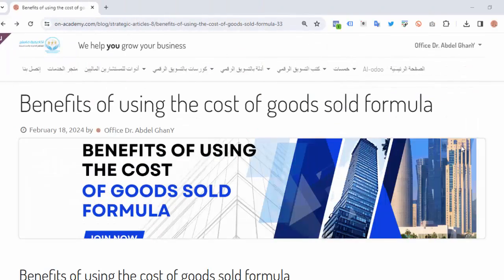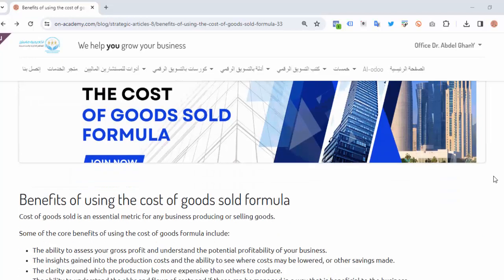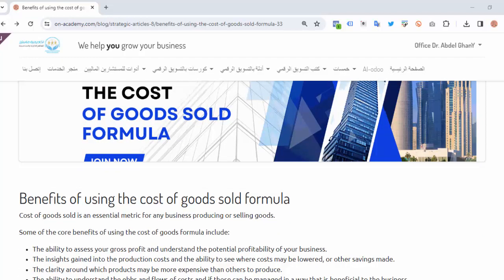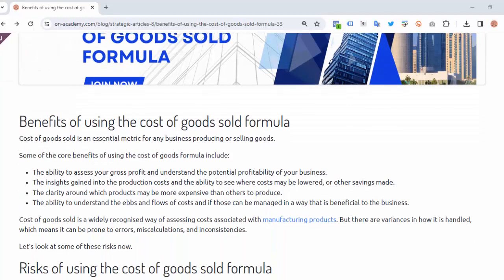Benefits of using the cost of goods sold formula. Cost of goods sold is an essential metric for any business producing or selling goods. Some of the core benefits of using the cost of goods formula include the ability to assess your gross profit and understand the potential profitability of your business,